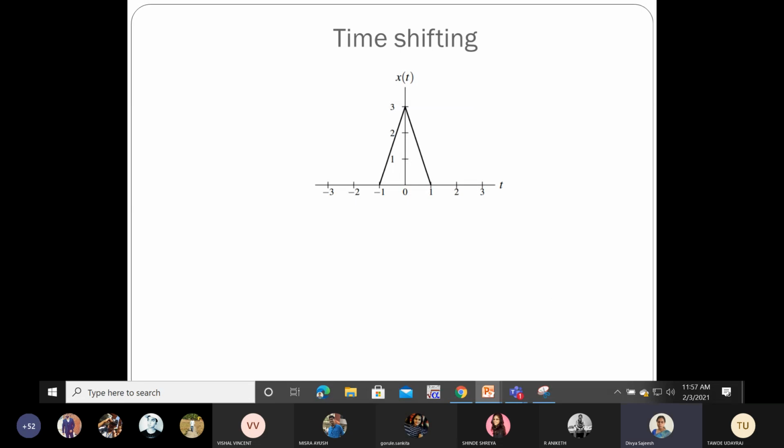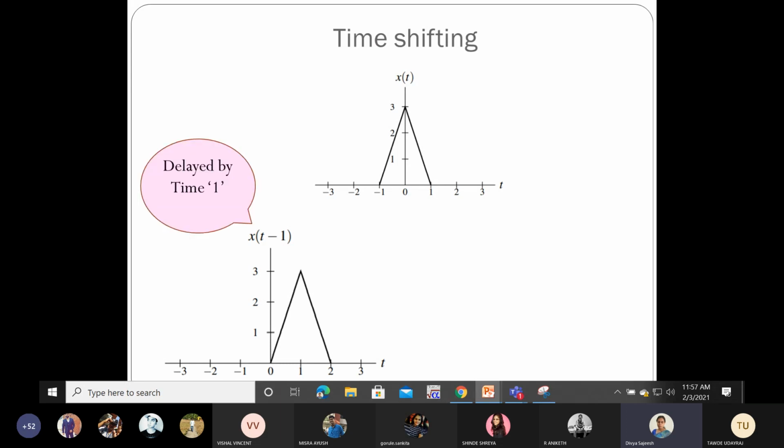So let us see an example. Yesterday we have seen it. This is the signal whose magnitude we are not bothered about here, because we are doing the shifting on the time axis. So magnitude will be as it is. Only we have to see the time axis, how much it will get shifted. So if I do x of t minus 1, that is, b is positive, the signal will be delayed. So the signal has been delayed by an interval of 1. It will shift towards the right hand side.